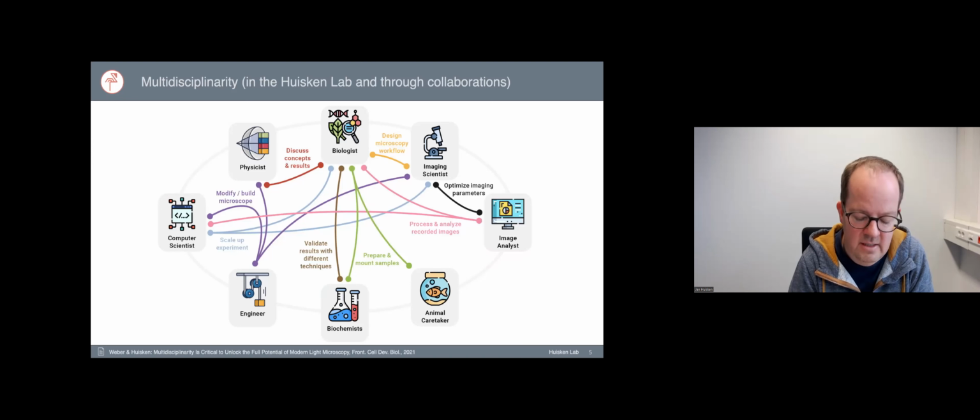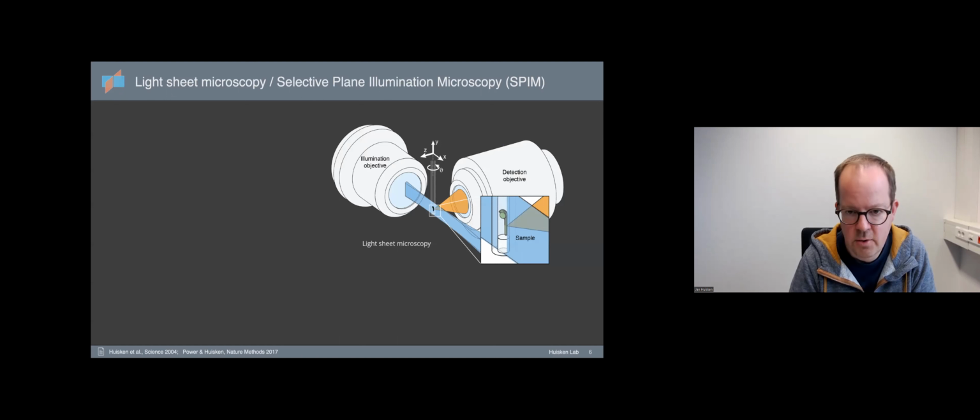But still, the task is to bring all these different people together around one table, so that we can come up with some clever ideas on how to do maybe some novel biology. So for those of you not familiar with light sheet microscopy, very briefly, it's essentially a setup that consists of